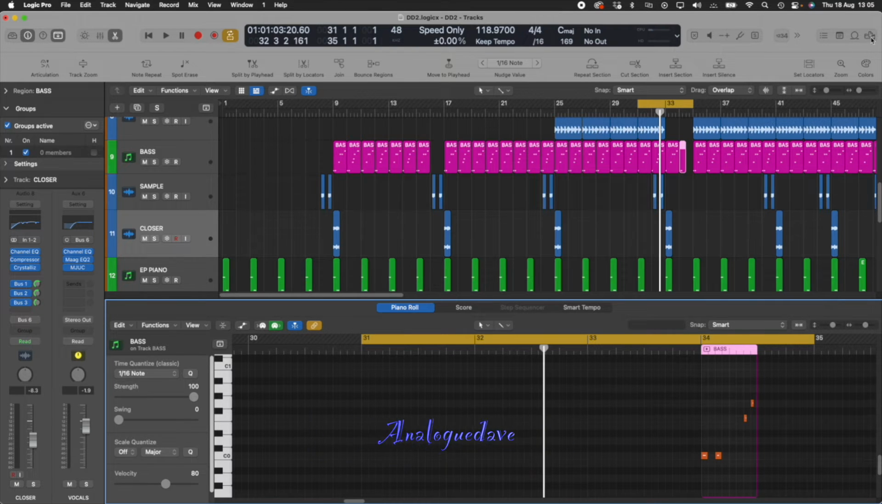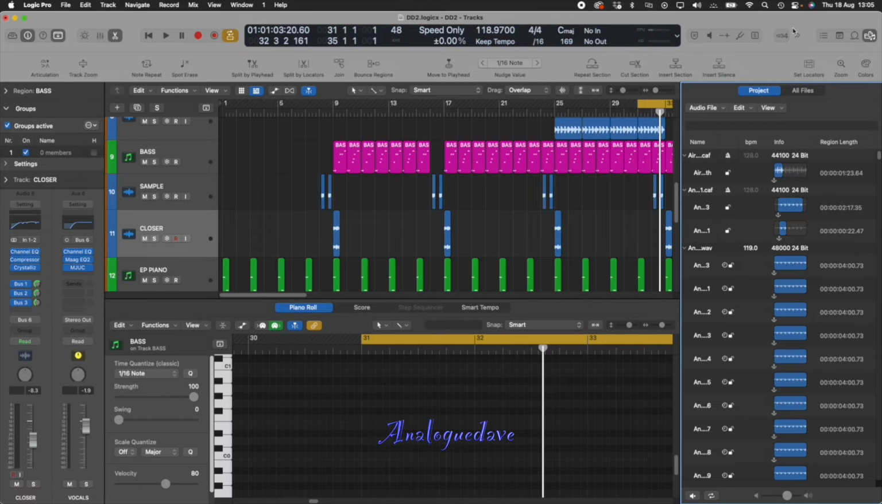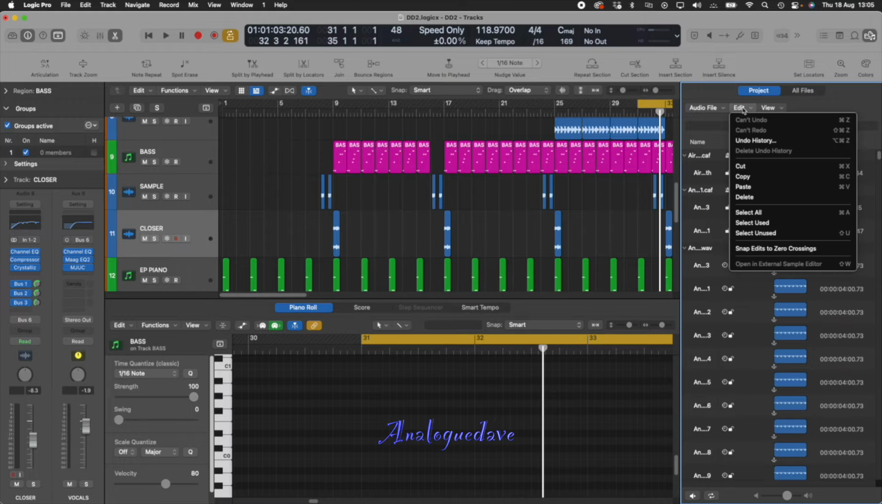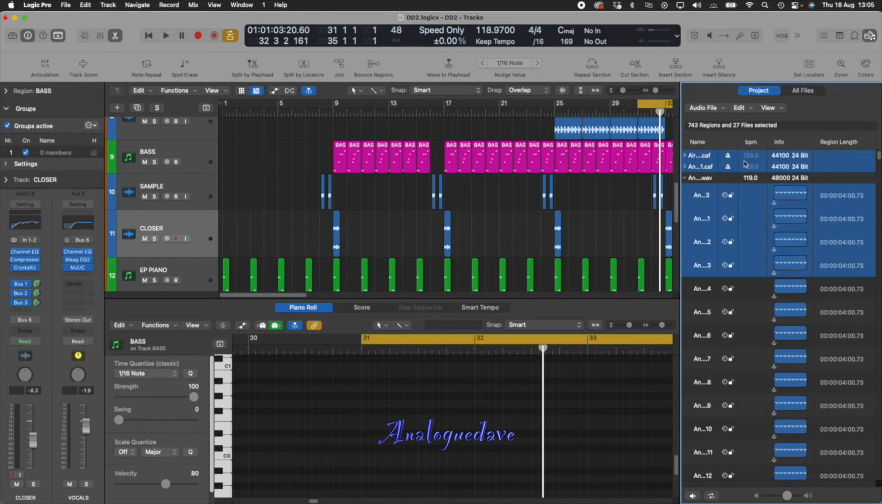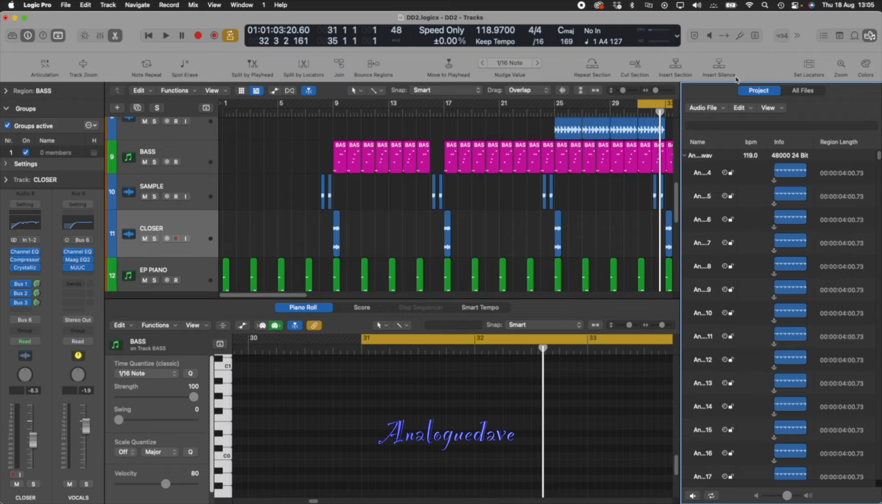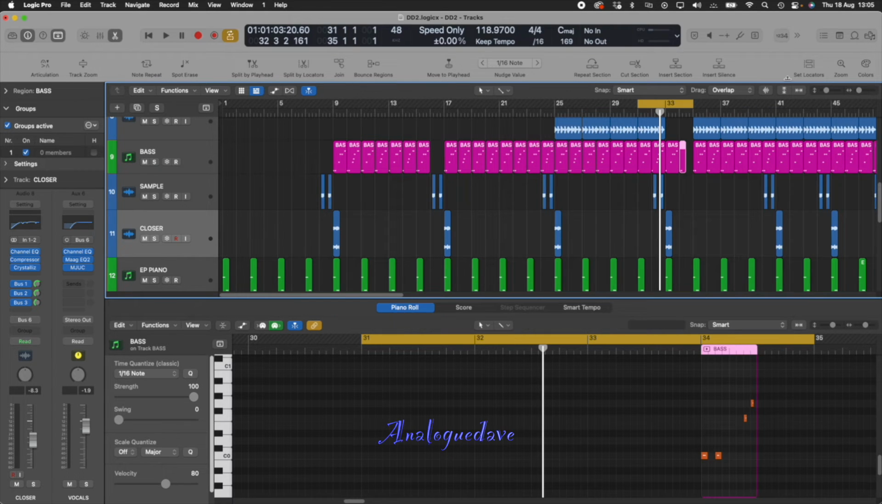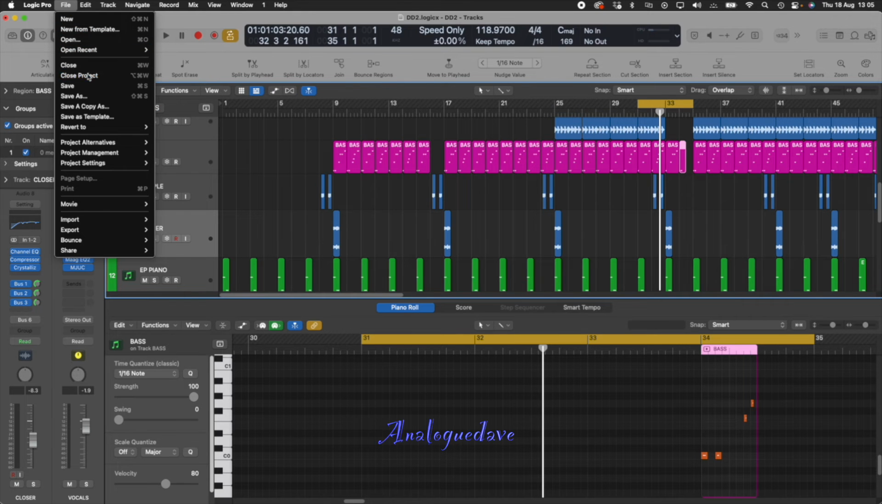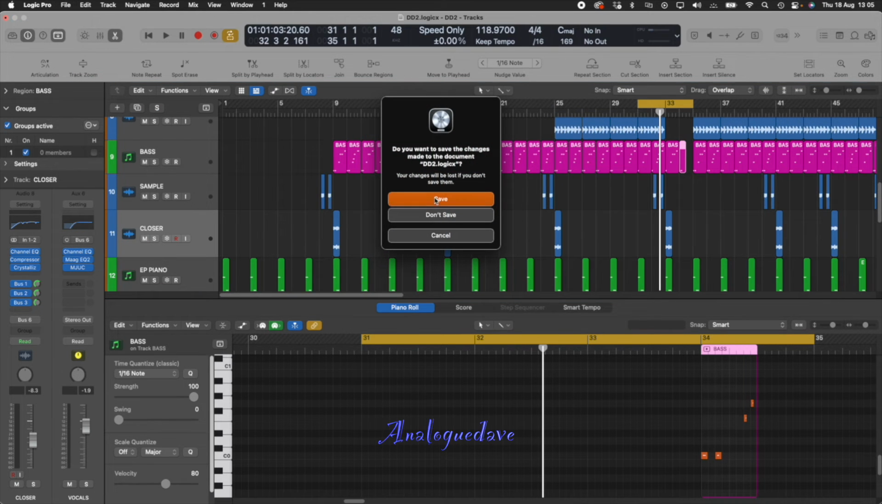Now what you want to do is you go up here and you select edit, select unused, there they are, go edit, delete, then we close out of there, close the project down again, save,